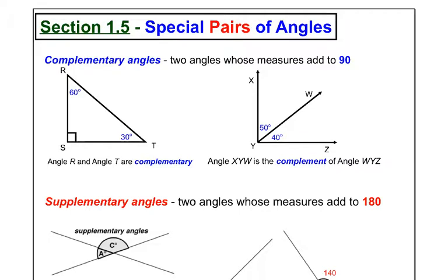Hello everyone, welcome to section 1.5, which in our Geometry Honors class is going to talk about special kinds of angles. So we just came from section 1.4 where we learned what angles are and what different types we have. But now when we start to pair them up, a lot of them have special names. So today we're going to learn all about the special types of pairs we have of angles, including one of